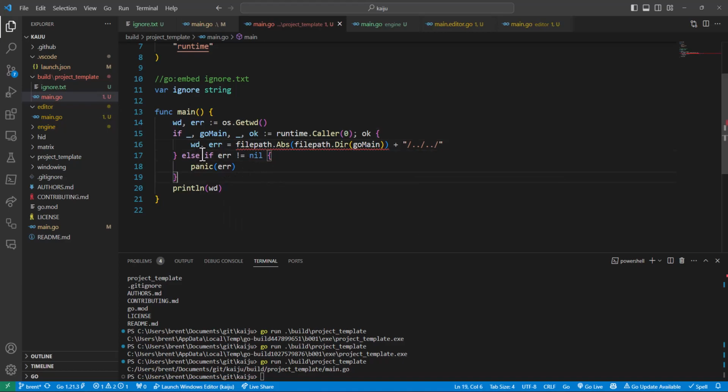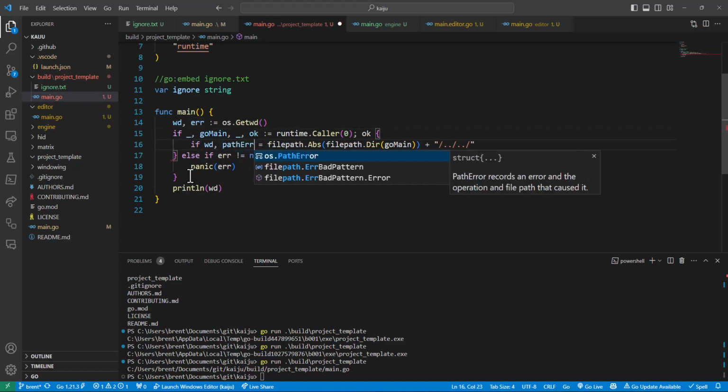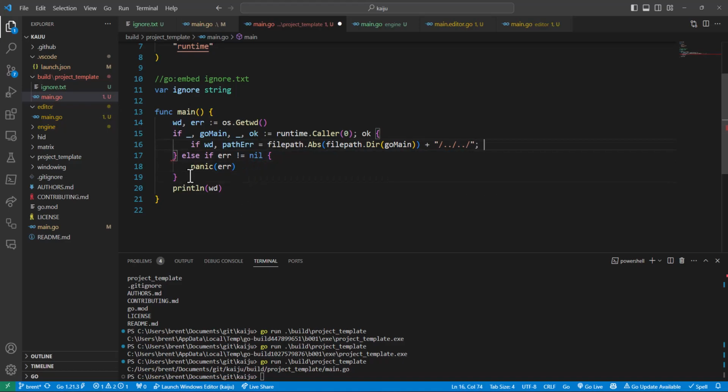Error is equal to that. And then we can just say if path error is not equal to nil, we're not going to panic. If it is equal to nil,